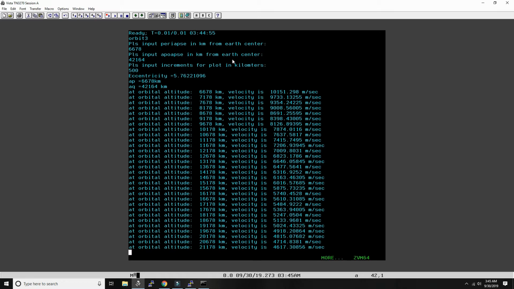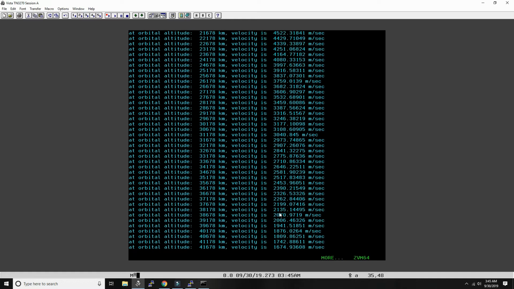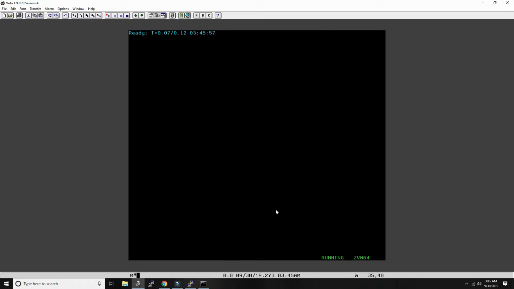And as you can see here on my ZPDT system, it calculates what is the speed that we need to have in any given object. So this speed here is 10.1 kilometers per second, very close to the escape velocity from Earth, which is 10.9 kilometers per second. And then, as you can see, as we go further out, we actually need less speed to stay in orbit. And as we go all the way to geostationary orbit,